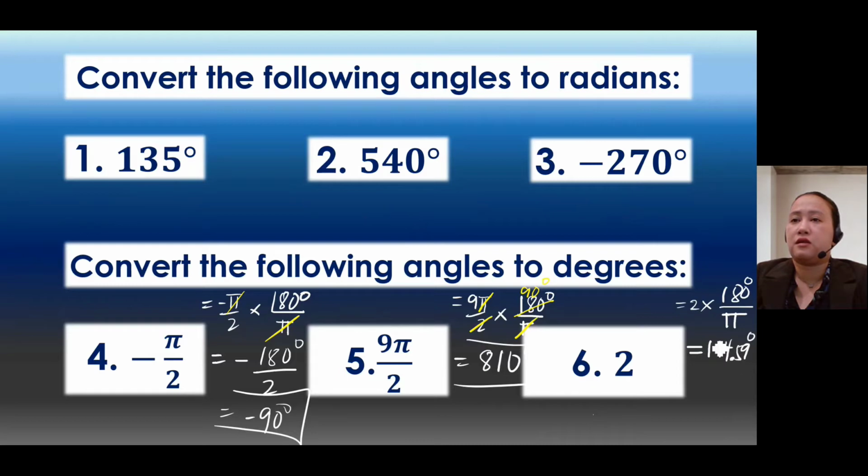114.59 degrees. That is the answer. So 2 times 180 degrees divided by pi. Since this is in degrees already, you have to write your answer in decimal. That is why it is 114.59 with the unit degree. Okay. Next,